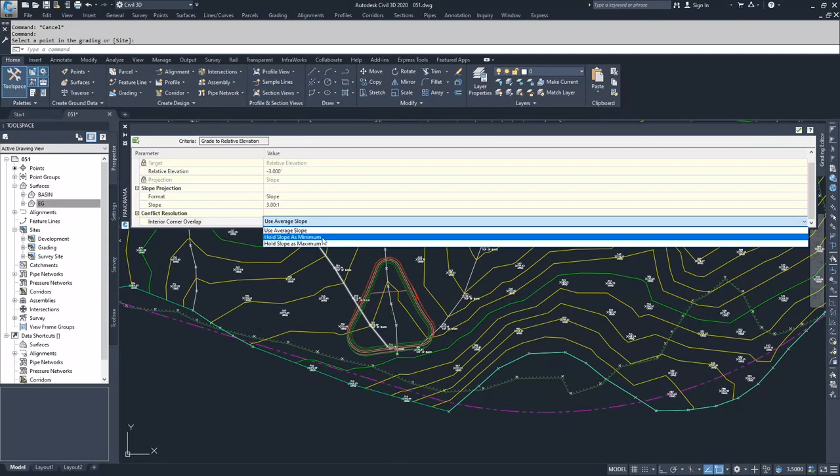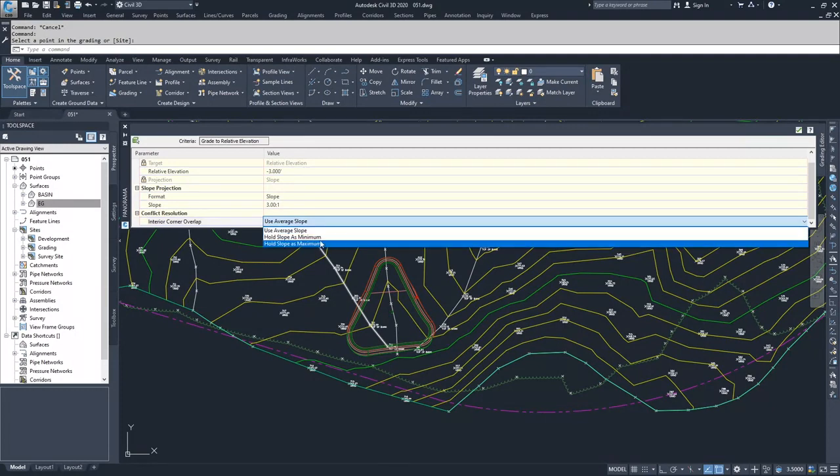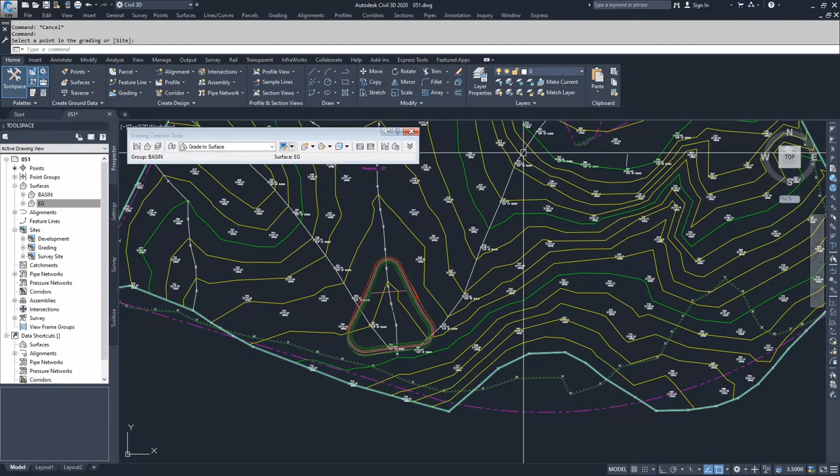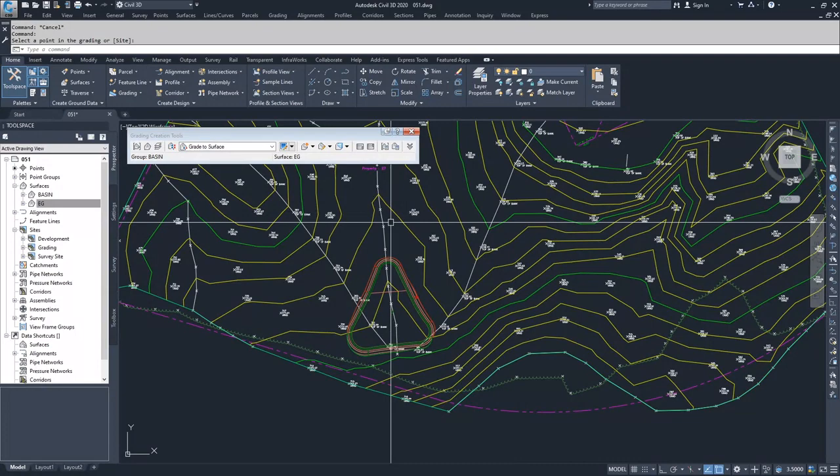And it's use average slope, hold slope as a minimum, or hold slope as a maximum. And if you have a conflict, you can scroll through those and see how the resolution works out for you and pick the one that you like the best. So I'm going to go ahead and check this off, and we're going to move on up to our pad